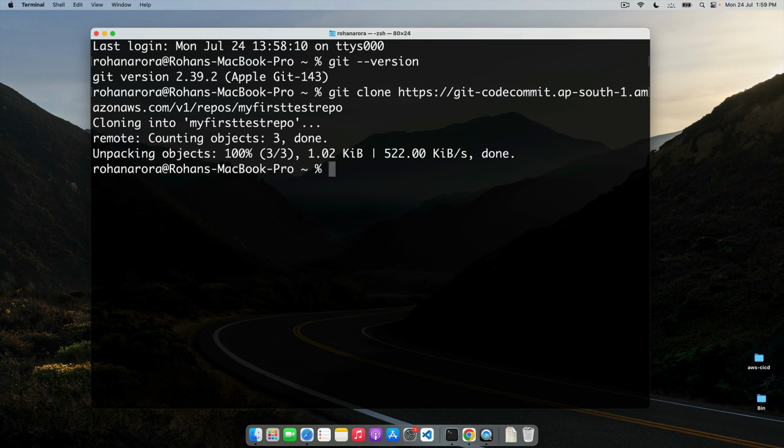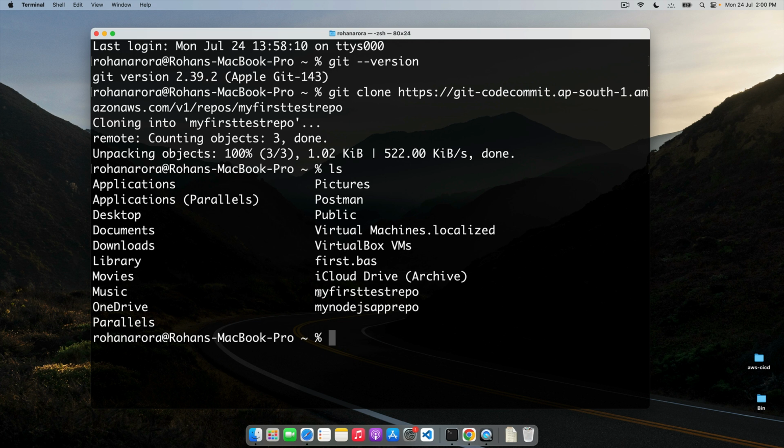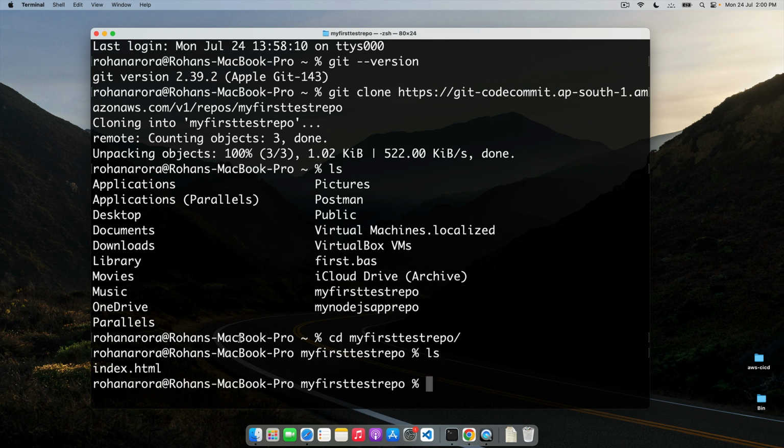Now it is cloned. You can see that it's been done. One thing you have seen is that it straight away cloned my repository. To verify that, if I type in ls, you can see that it has been cloned. If I go to this directory and type in ls, you can see that it's showing up. It didn't ask me for the credentials because I've been using this terminal for a very long time